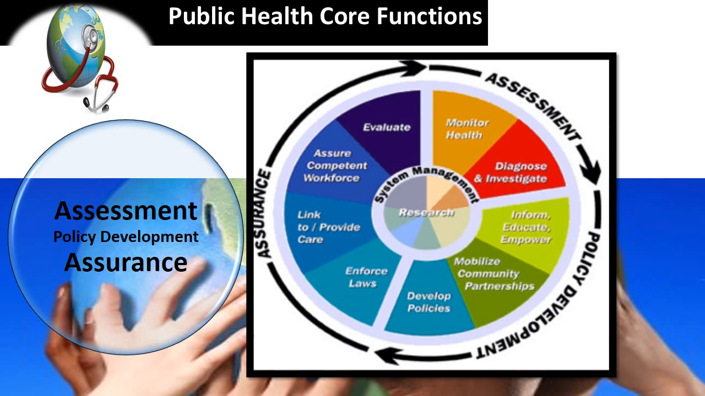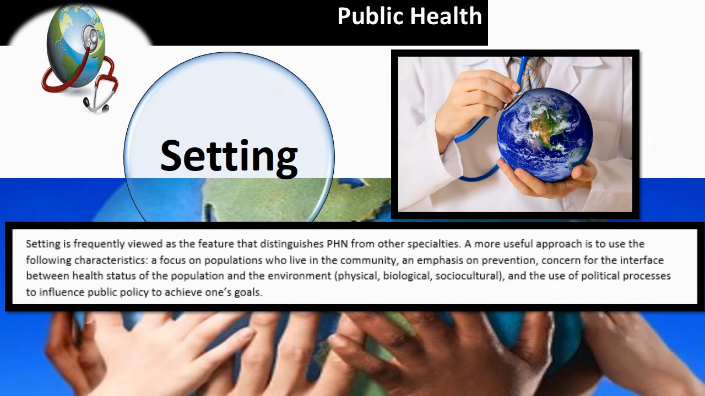So when you start working as an RN in the community, asking and assessing which groups are the greatest risk reflects a community oriented perspective over that of individuals. When we talk about public health nursing, the setting is frequently viewed as a feature that distinguishes public health nursing from other specialties. A more useful approach is to use the following characteristics when you're looking at public health nursing: